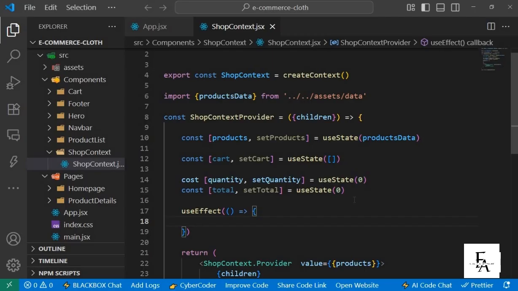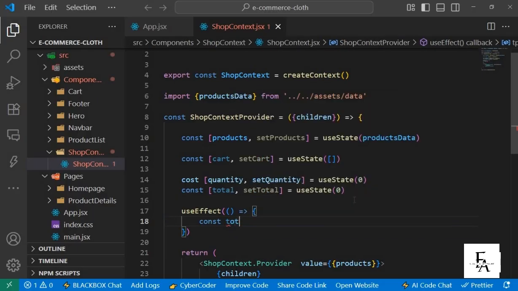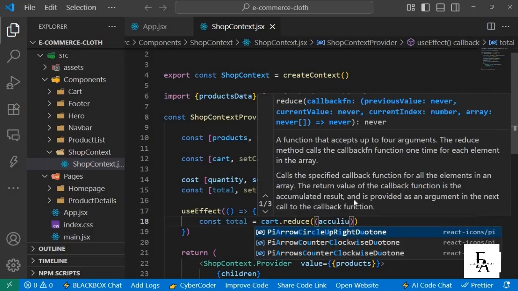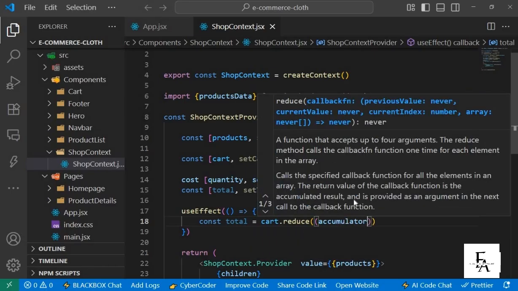So I'm going to have const. This variable here is going to store the total price. So total will be equals cart.reduce, open bracket. We're going to have our accumulator, comma,